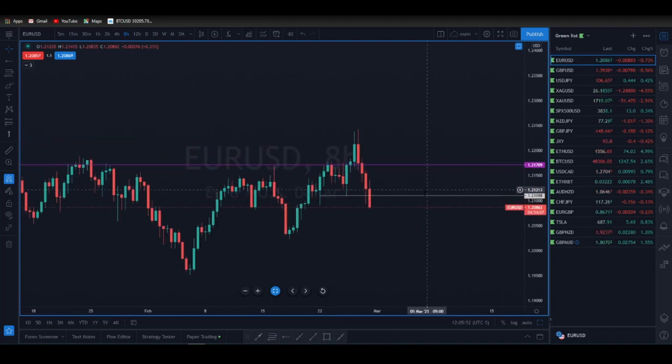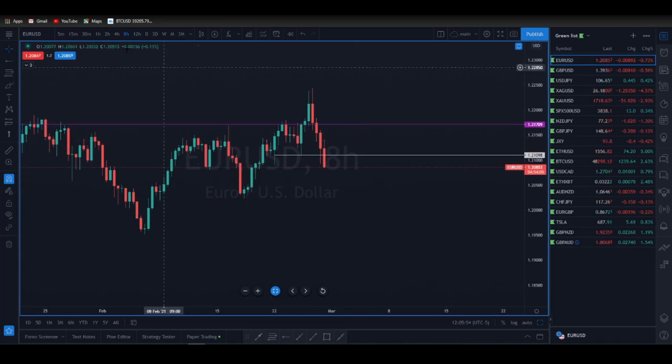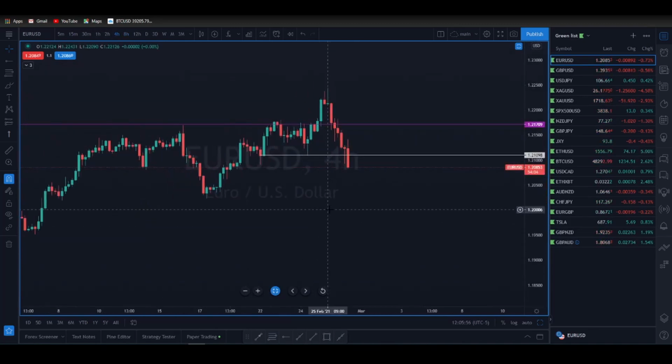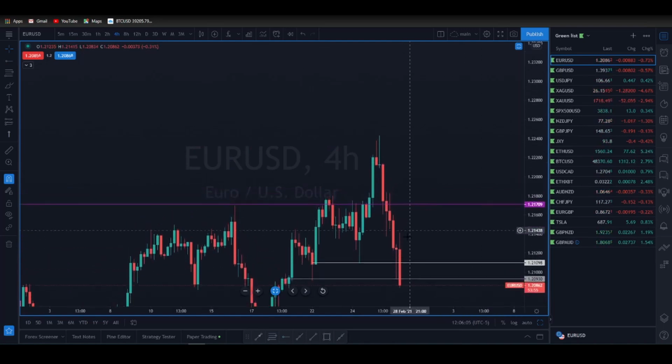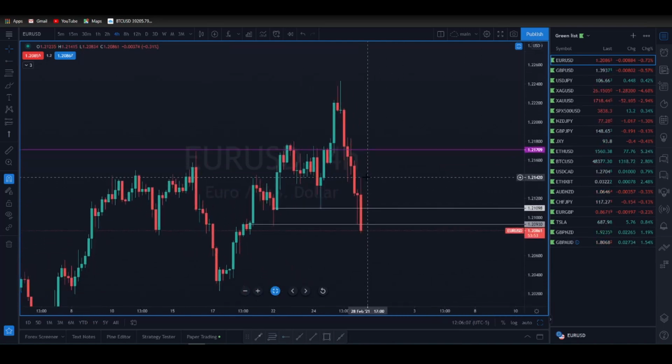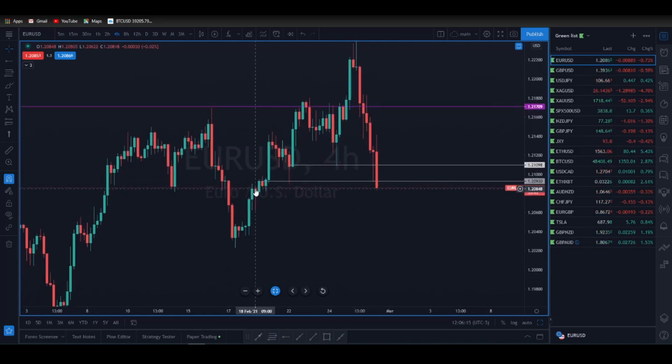However, it is still structured to the bullish side of things. We are not concerned with it yet. You are currently right now trading below this market structure right here. But I do believe before the day closes, you will be back above that level at 1.20930. If you close a 4-hour candle below there, then just simply go down and look for your next one.